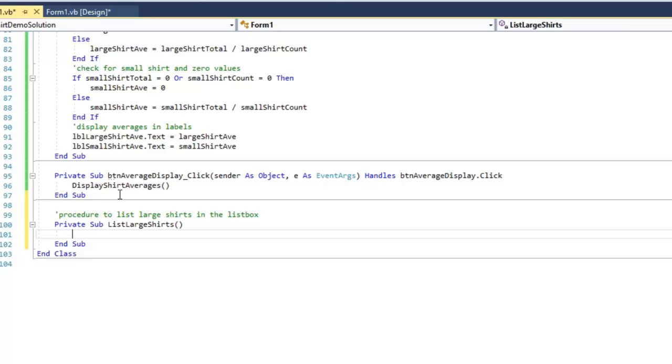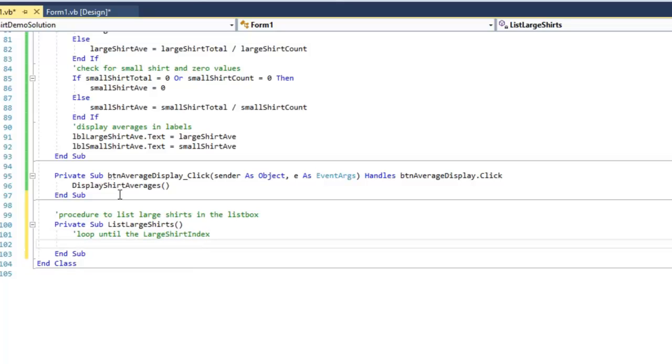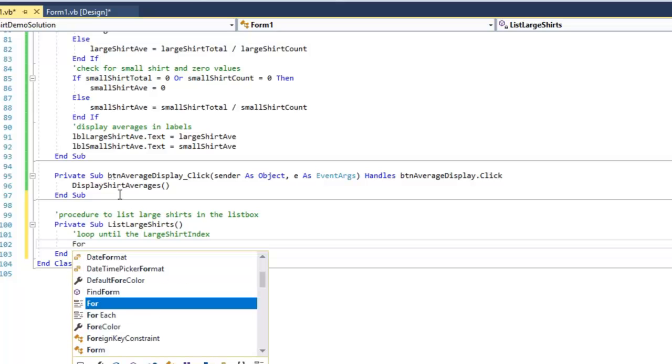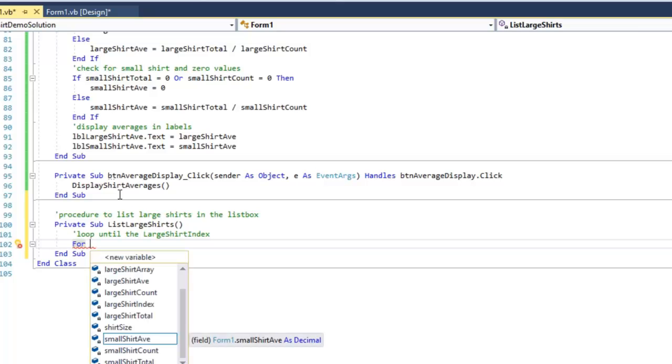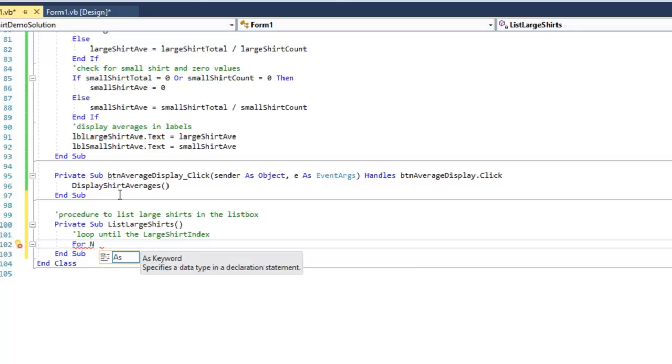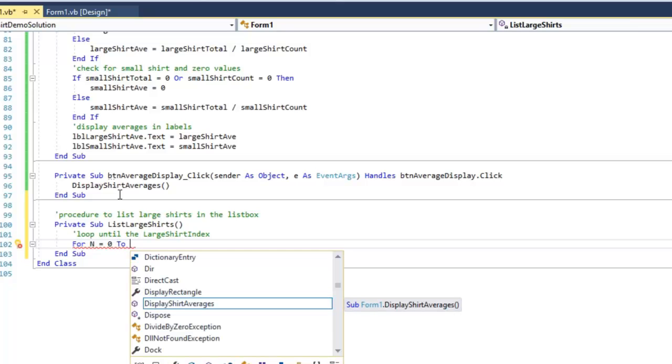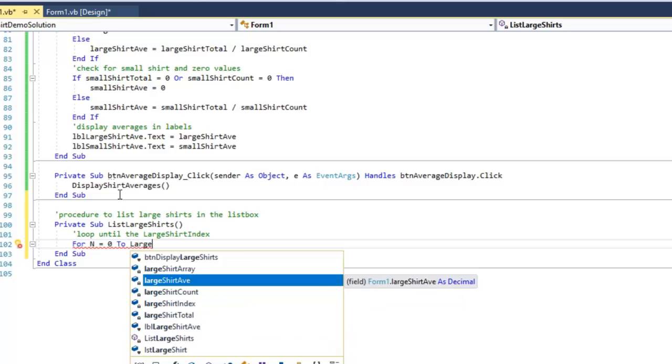So in this case, we'll do the following. We're going to loop until we reach the end of the large shirt index. Now, to do that, we have to use a for loop to work our way through this array. So we're going to just call the for loop anything. I'm going to give it the letter n. So for n equals, from the very beginning, the very first index, to the very last index, that's going to be large shirt